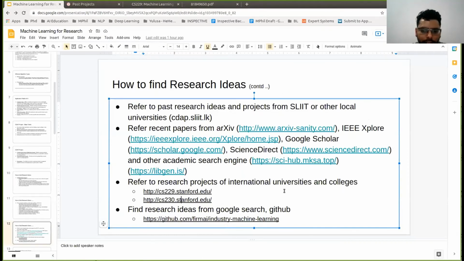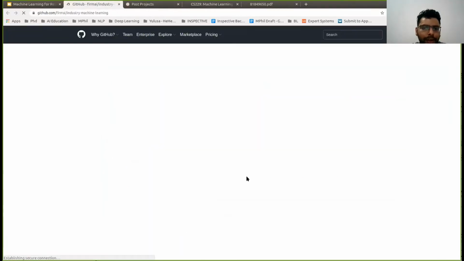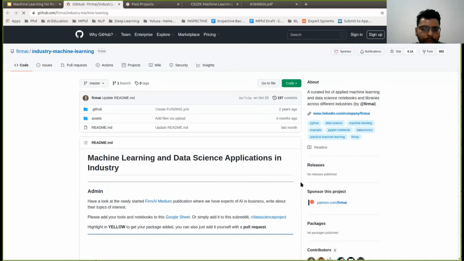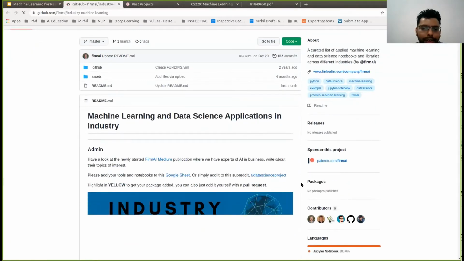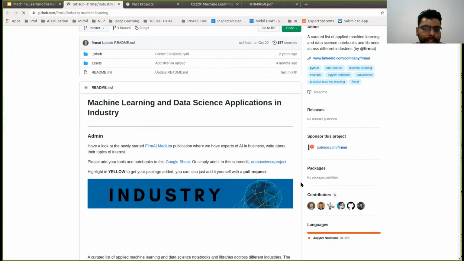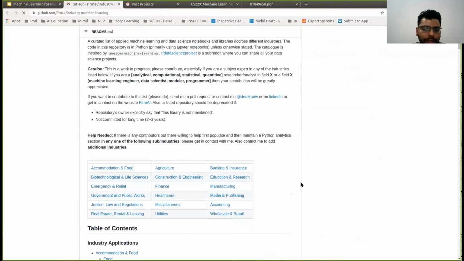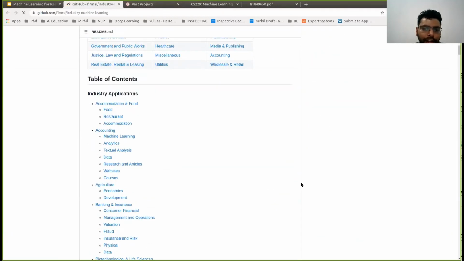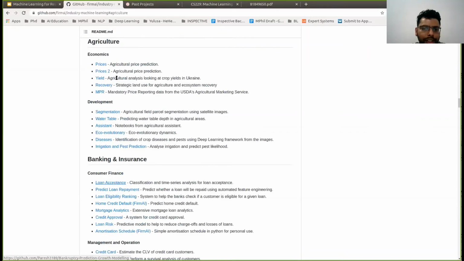And I found this GitHub repository which shows how machine learning or data science applications can be used in industry. They have different industries like food, accounting, agriculture. If you go to agriculture, you can see how we can use AI to predict the price, or use AI to look at crop yields.